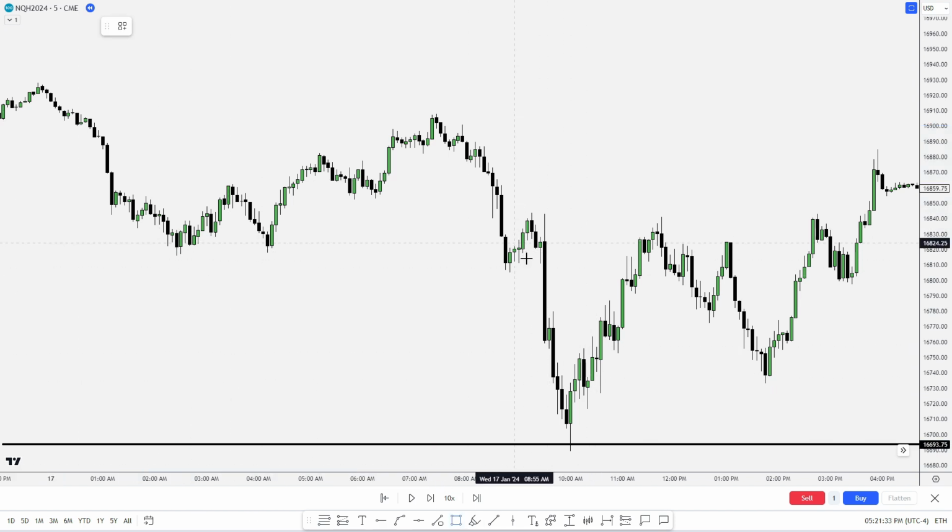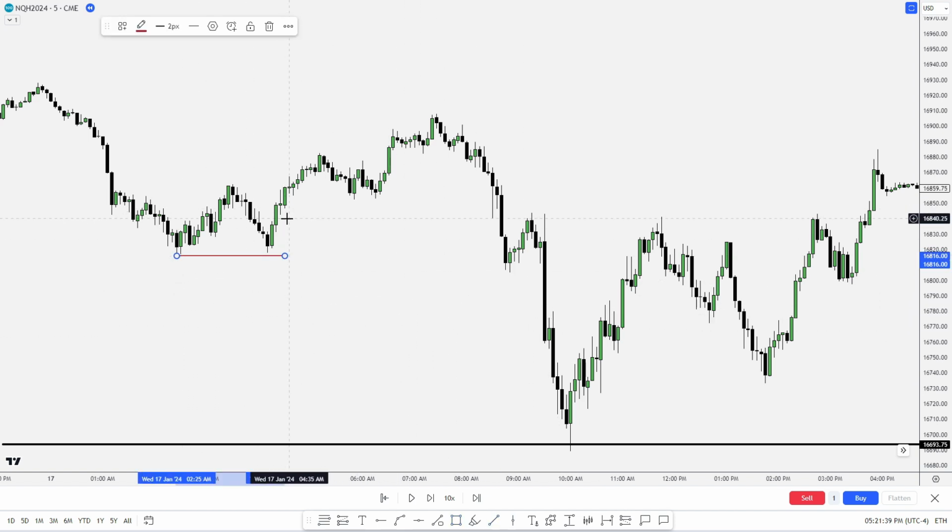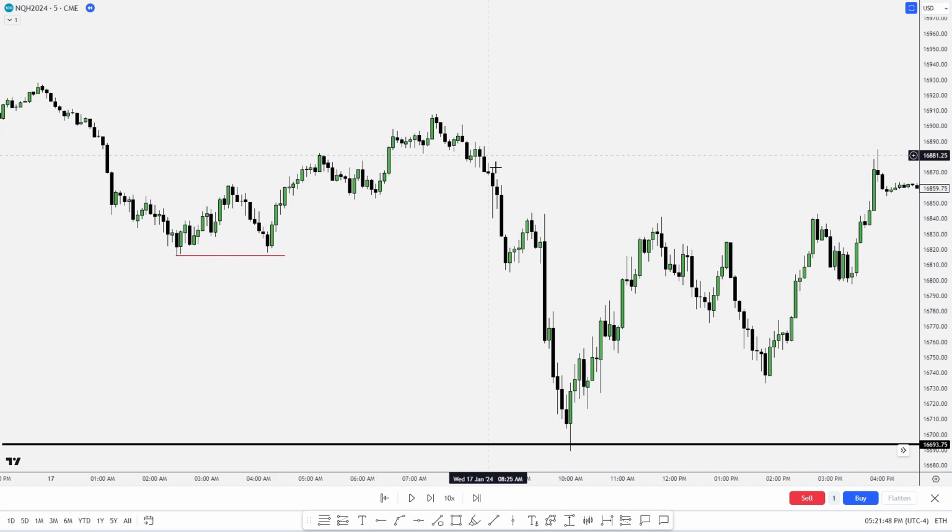Okay, this is like a textbook 930 setup. I like these ones where you have liquidity here. This is a pool. Price is just consolidating on the way up. It looks like a trending market, but when it moves like this and then breaks down, inversion here, when it leaves a SIBI like this, like I was telling you guys, an old low, if price breaks through it like that with a swing low like this,